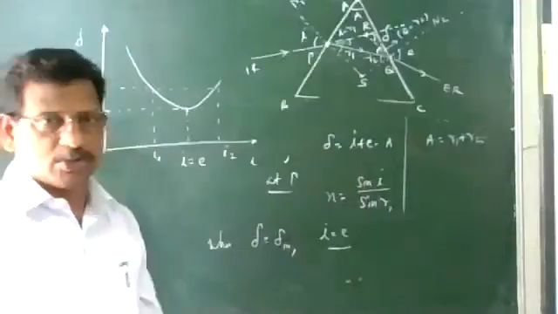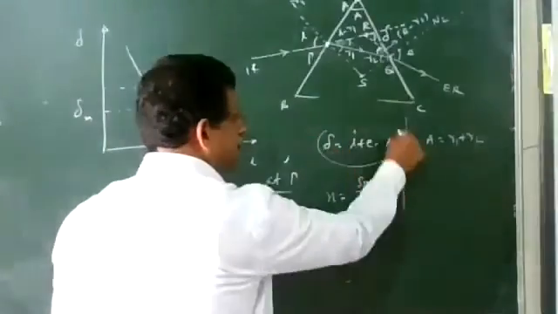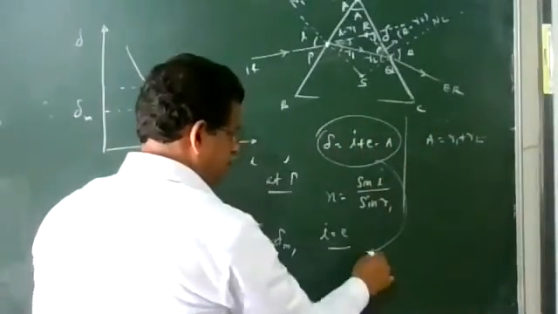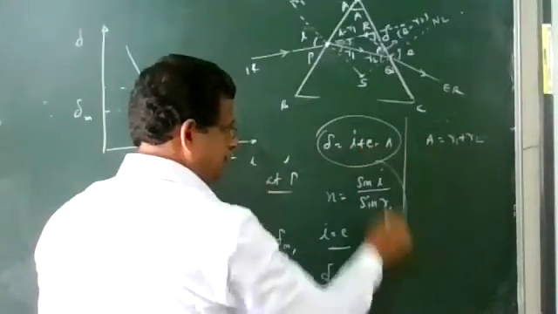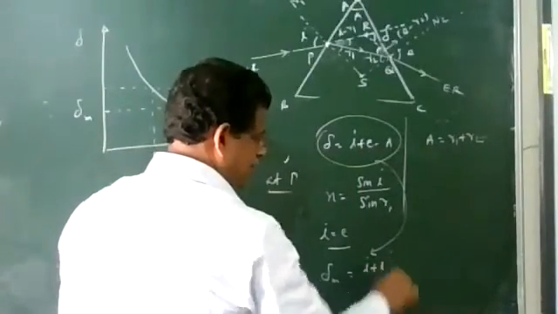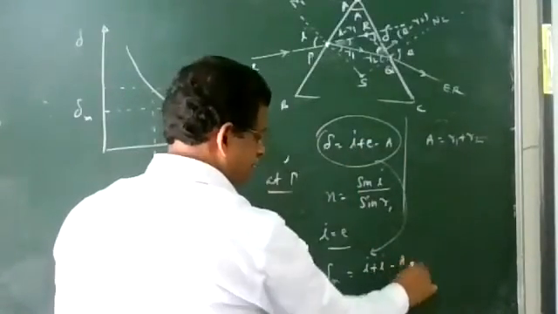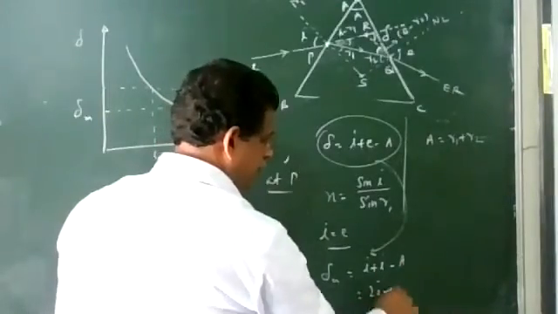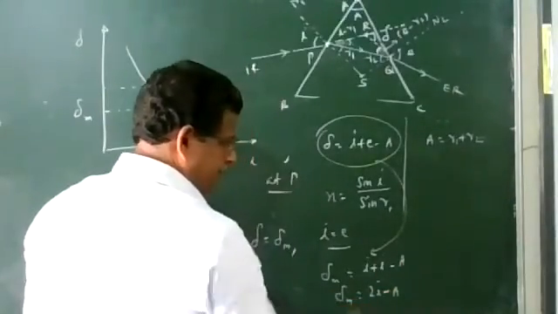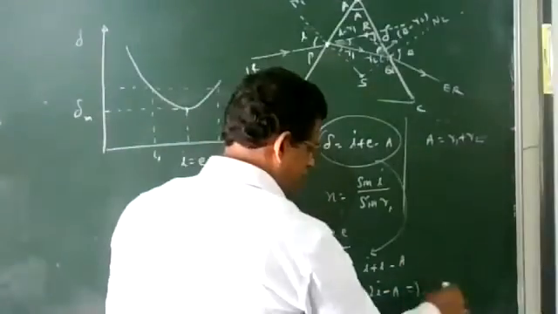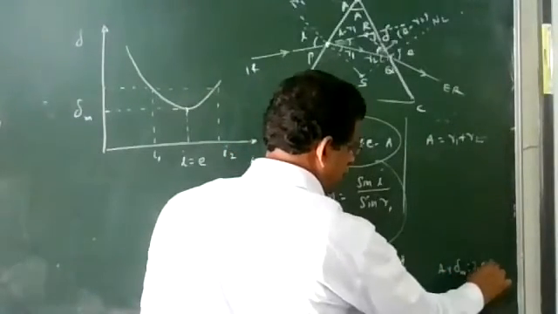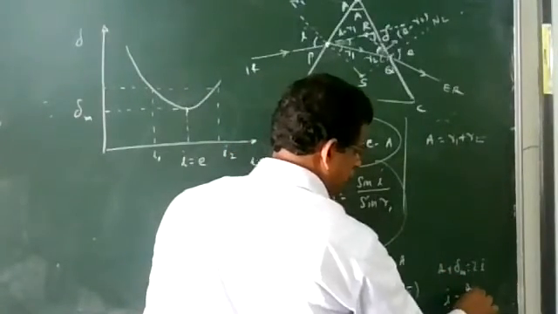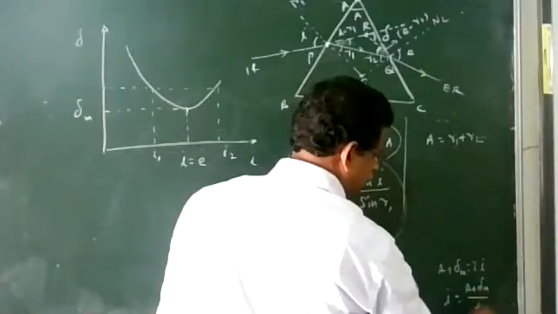So look at this equation. What is the equation of delta? Delta becomes delta minimum. At this condition, I and E are the same. So I write I minus A equal to I minus A. It is delta minimum, so 2I will be equal to A plus delta m. I is equal to (A plus delta m) divided by 2.